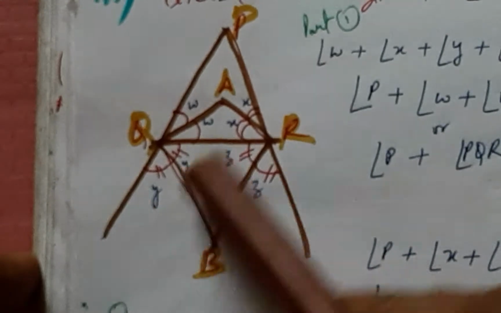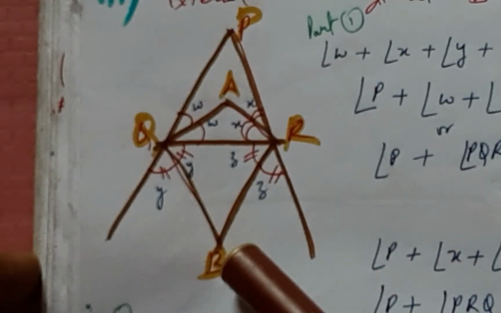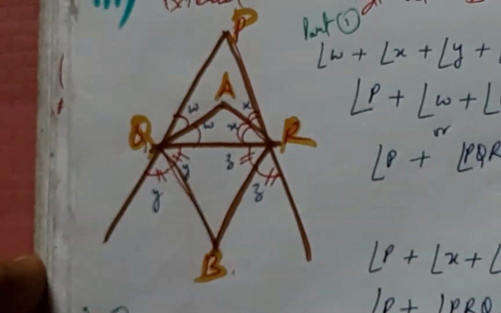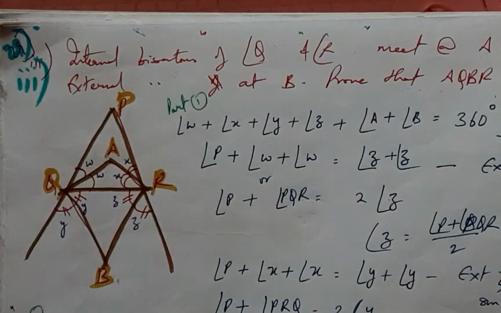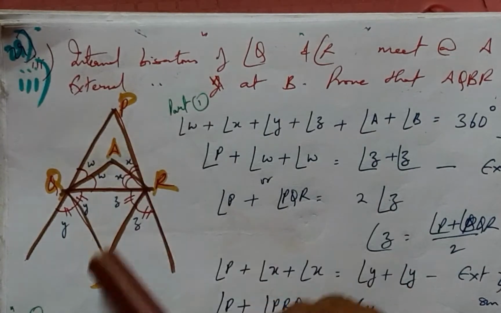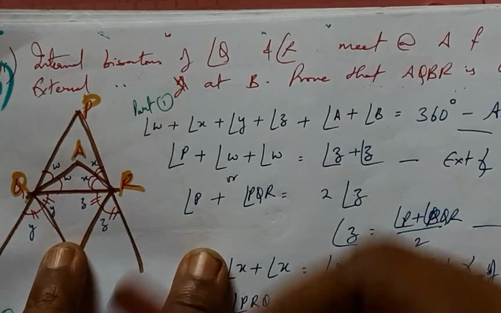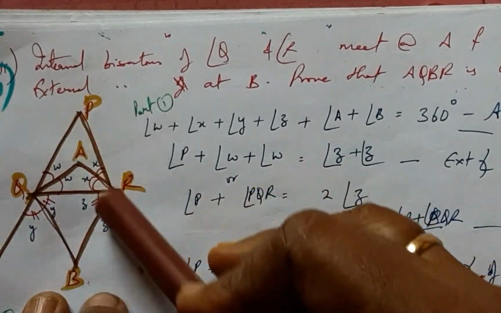Now you see, picking up this quadrilateral, the angle sum property of the quadrilateral is 360 degrees. Therefore, if I add W plus X plus Z plus Y, it is nothing but 360 degrees. These two and these two plus this A and B sum up to 360 degrees. And now picking this triangle with this external angle